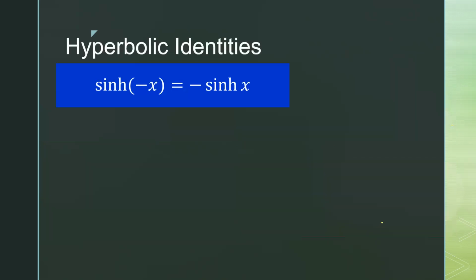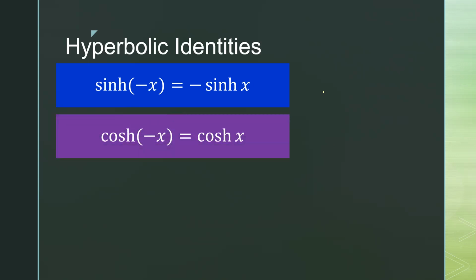Okay. So for the hyperbolic identities, naalala po natin, this also applies for the ordinary trigonometric function. Sine of negative x equal to negative sine x. So similarly, sinh of negative x is equal to negative sinh x. Parang it's an odd function, no? Tapos yung cosine, it's an even function. So kung naalala natin, cosine, yung ordinary cosine,